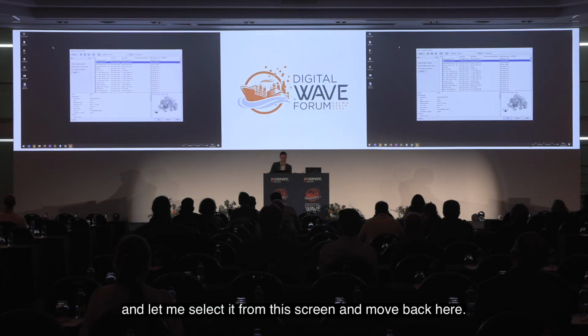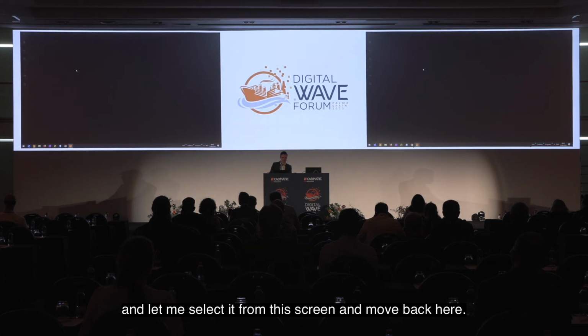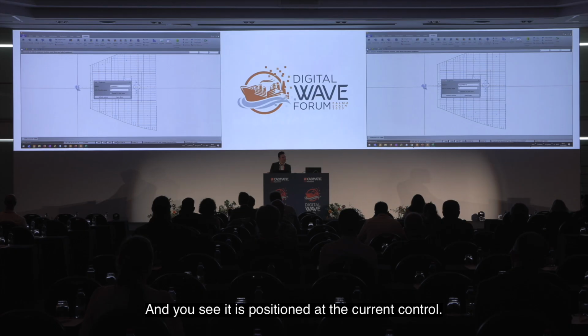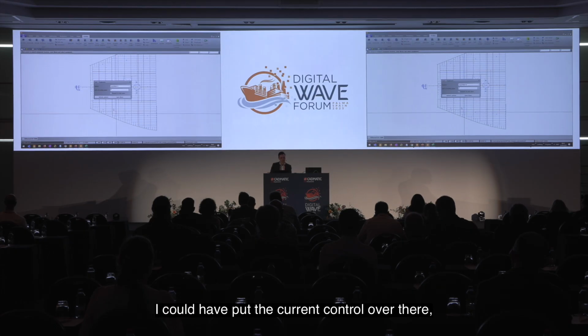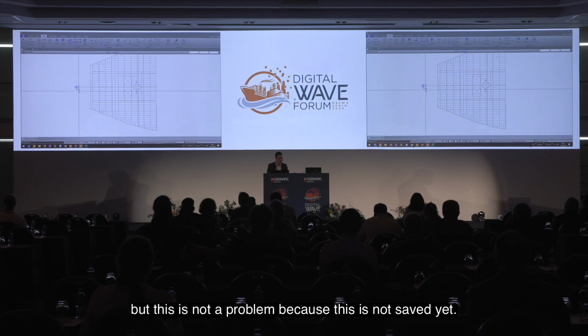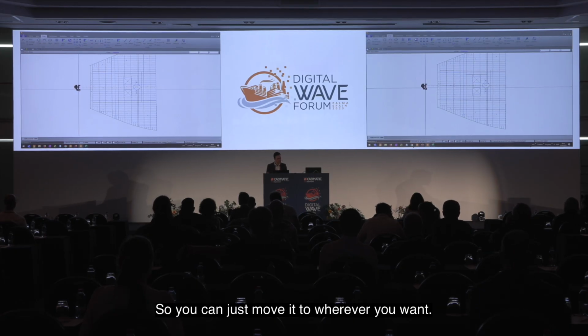Let me select it from this screen and move back here. And you see it is positioned at the current control. I could have put the current control over there. But this is not a problem because this is not saved yet. So you can just move it to wherever you want.